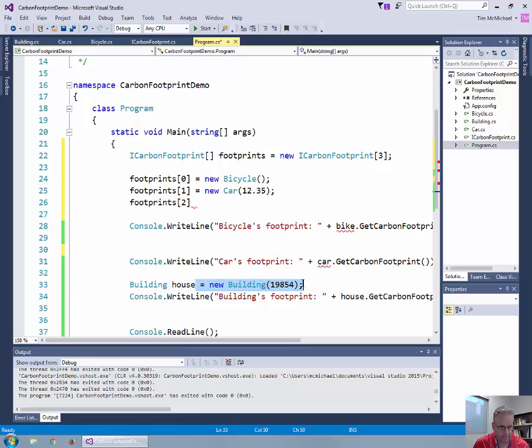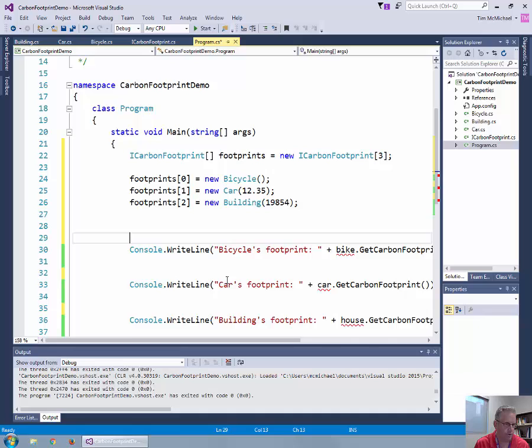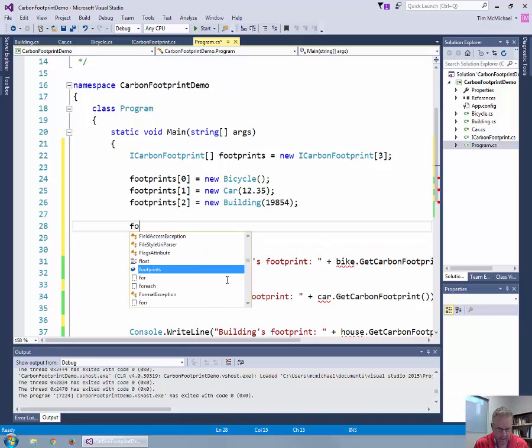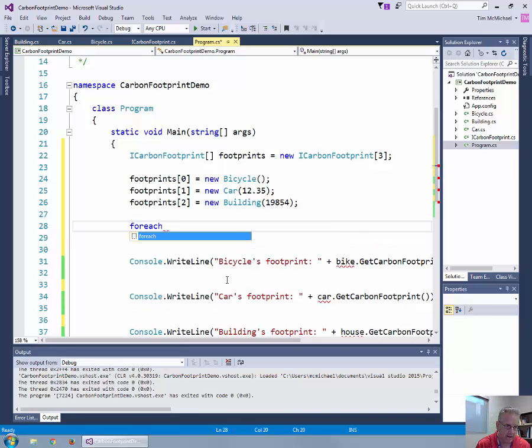And then I will take the building. And then I want to do what I call a traversal, just a loop that goes through the array. I'll use a for each loop. They're easy, and I don't often use them in videos, so it's good to throw one in every once in a while. For each